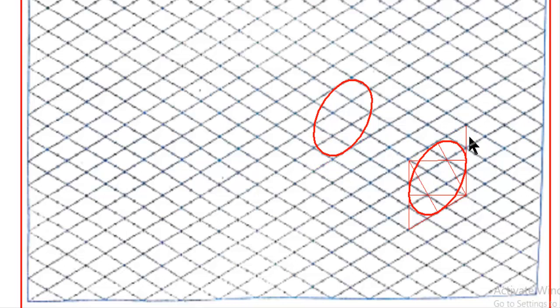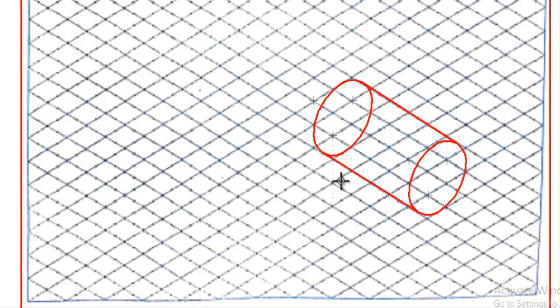We can erase them because they are not needed in the final view. Now for the tangent line, keep the scale at the endmost points of these two circumferences and draw the tangent line, and the tangent line should be drawn visible. In the same way, at the bottom endmost point, keep the scale and draw the tangent line.